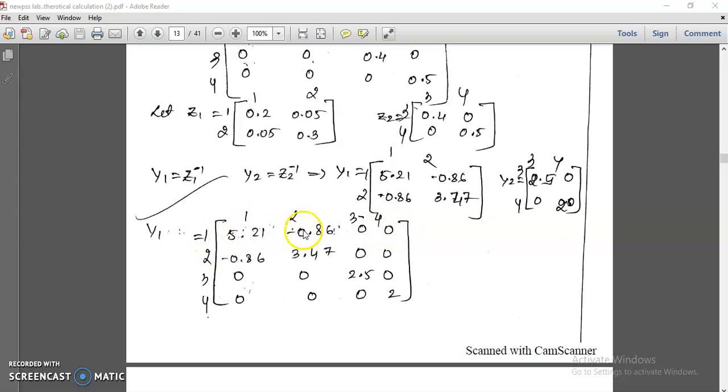Same thing for 2 to 1, whatever 1 to 2 is, same for 2 to 1, and 2 to 2 is 3.47, this you have to type. So respectively, just see it and put it in this matrix. So this will be the total admittance Y. Okay, so now Y is there. The impedance values they have given, we convert into admittance by splitting the matrix.